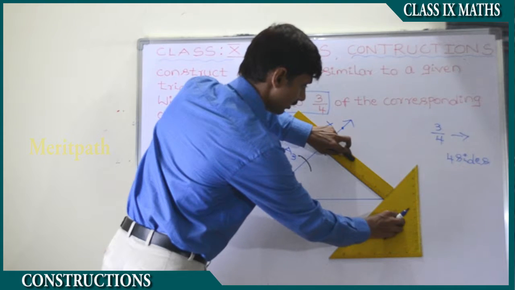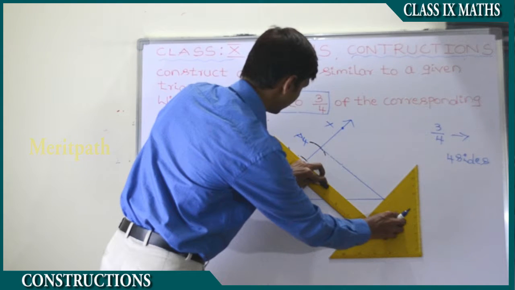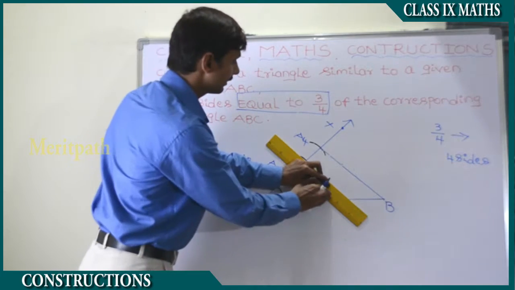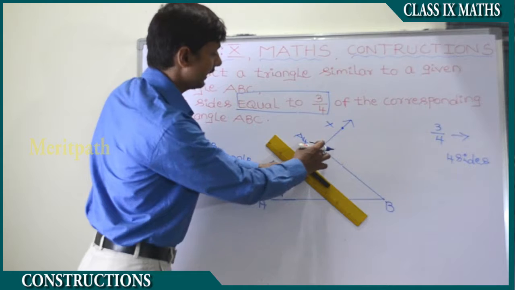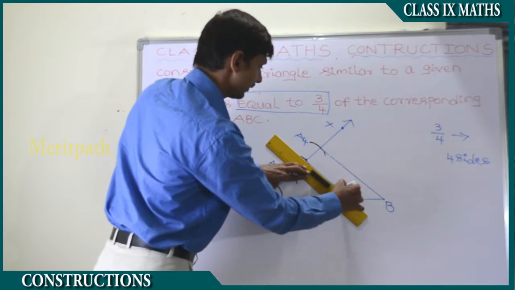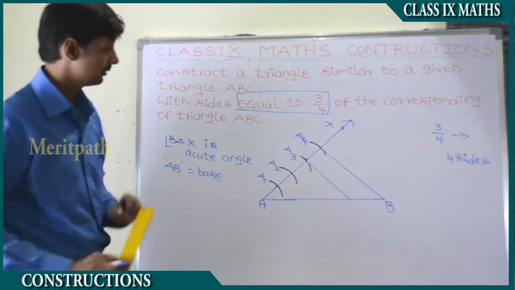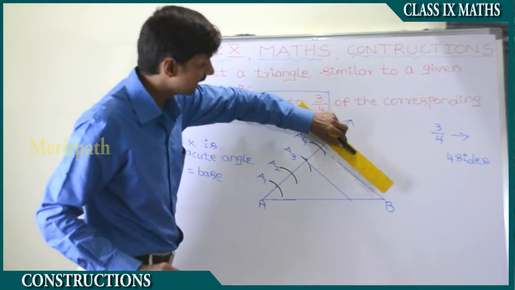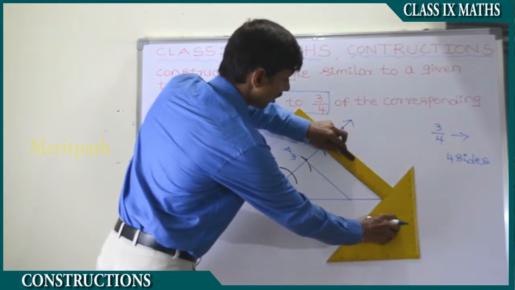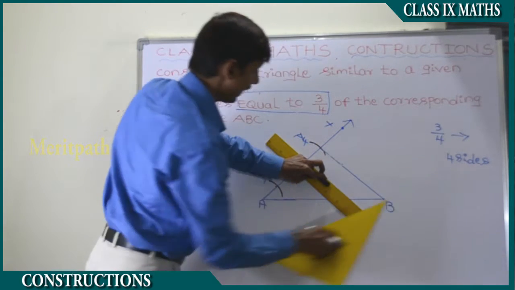Place it below the ruler and move this scale towards A3. So we move towards A3, and we got the point A3, after A4. From A3, draw a line which intersects AB. What we have done is taken the ruler on A4B, and then using the set square, we have drawn a parallel line to A4B.